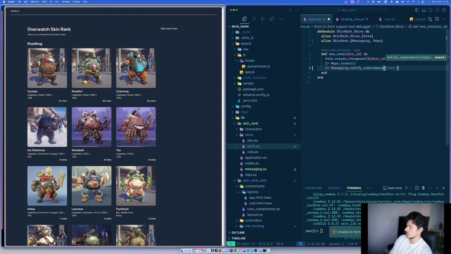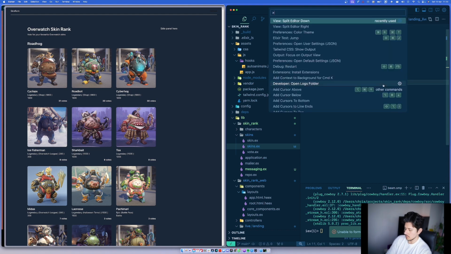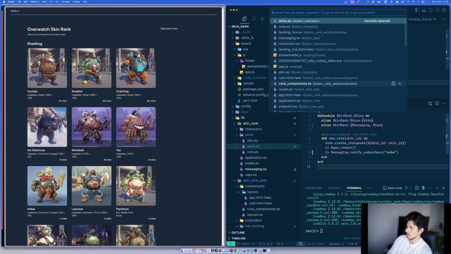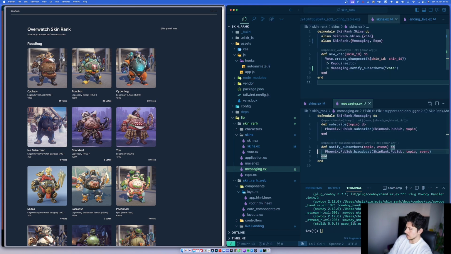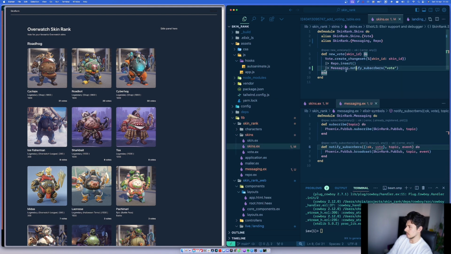And then we want to change what this is, right? So notify subscribers here. Let's split this down, messaging. So in here, I don't actually want this, actually. I want OK vote topic. So now we can pipe straight from this. And then we get OK vote. And then the thing is going to be votes. And the event